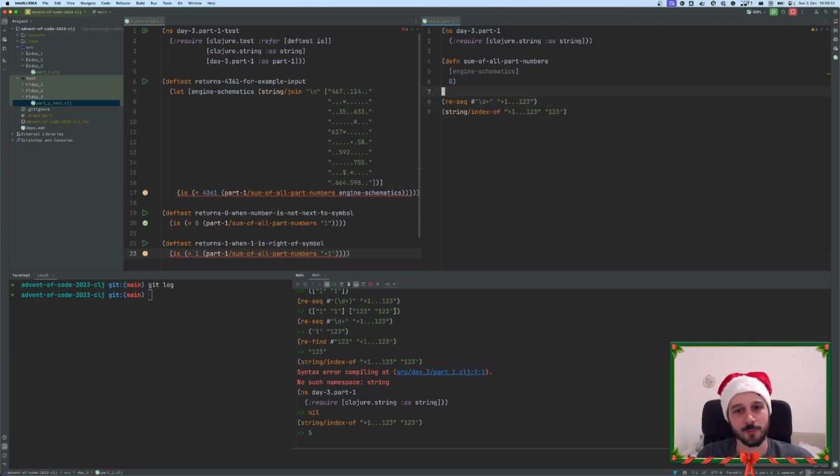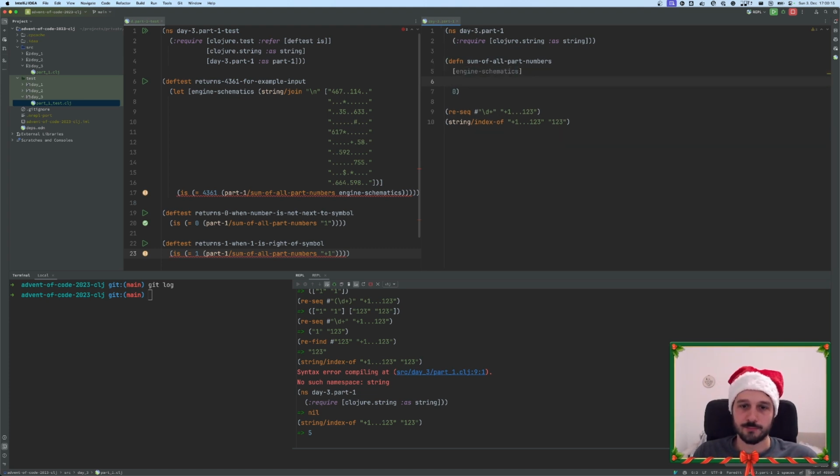So if we find all numbers and then map them against their index and map them against which line they're on, then we would know the start of every number, or not even just the start, the coordinates of the start of every number. So